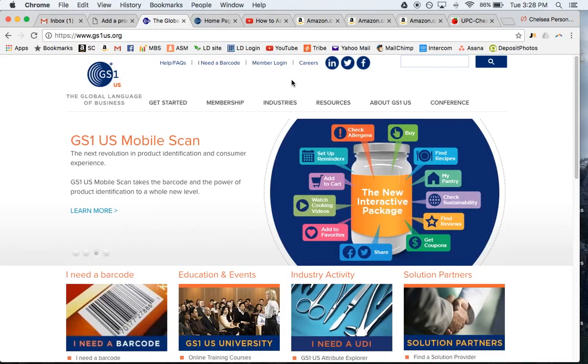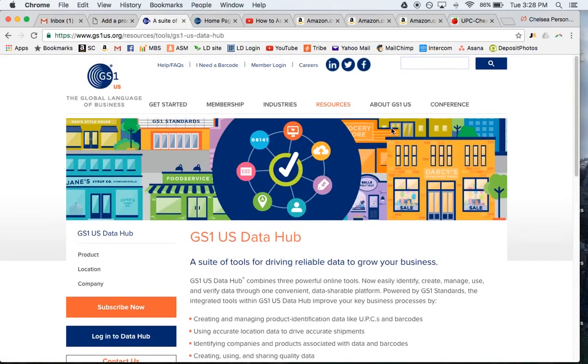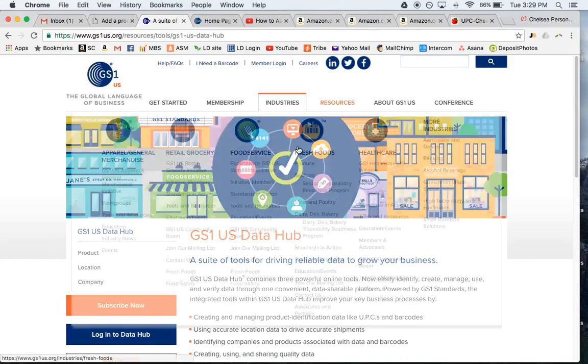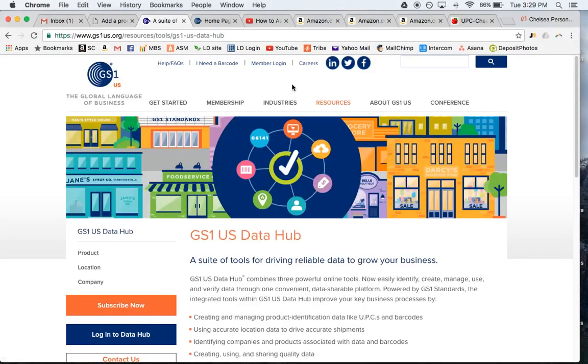To get to the part where you actually create a barcode, you have to go to Resources, and then under Tools, you have to go to the GS1 US Data Hub. I don't know why, but this is like a separate website, and then I think they will require you to log in again. So it's kind of weird. So now we're at the GS1 US Data Hub. Okay, and then you have to go to member login. You have to log in,